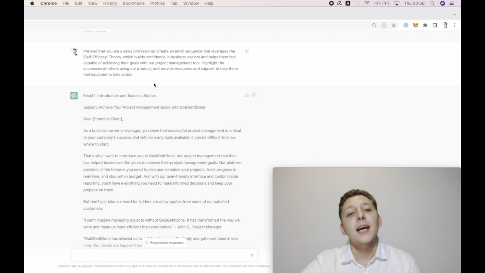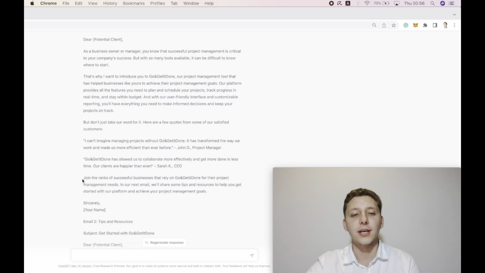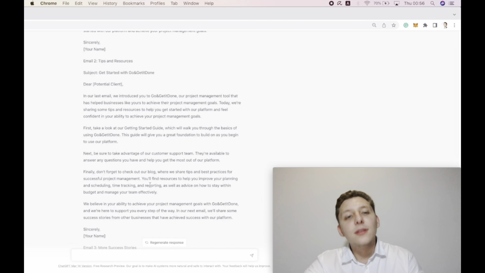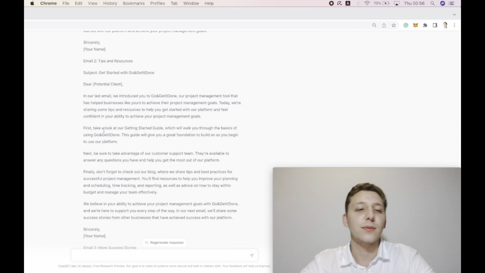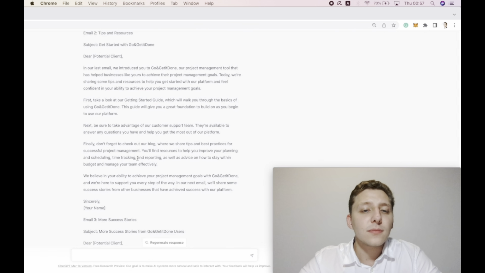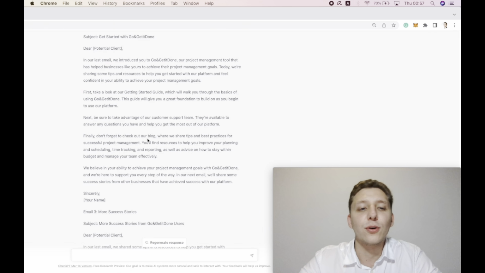Basically, here it gives you the subject, gives you the email. It will also say, join the ranks of successful businesses that rely on the tool. And in our next email, we'll share some tips and resources. Then you have all the tips and resources here. You can actually reference any guides that you have, or maybe put an article here as well. So it talks about the blog.